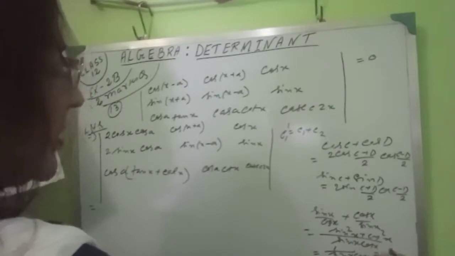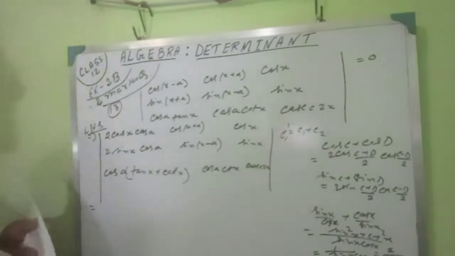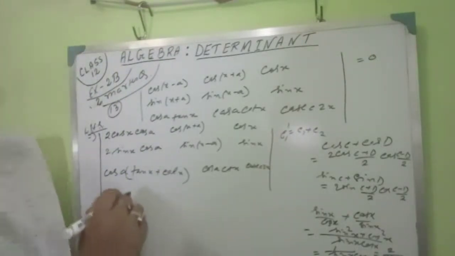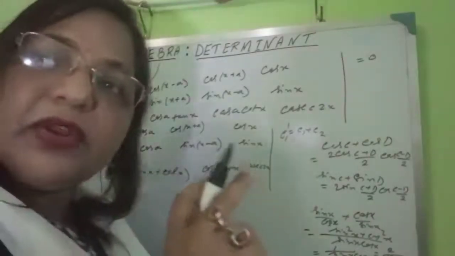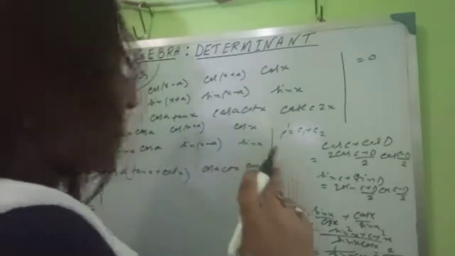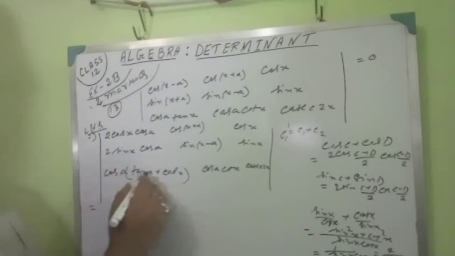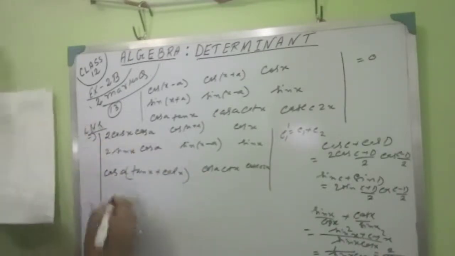Multiply both numerator and denominator by 2, so 2 by 2 sin x cos x. 2 sin x cos x means sin 2x, so it is coming 2 by sin 2x. So we can write 2 cosec 2x. 1 by sin x we know is cosec x, so 1 by sin 2x will be cosec 2x. So we can write 2 cosec 2x instead of this. Then take common 2 cos a.